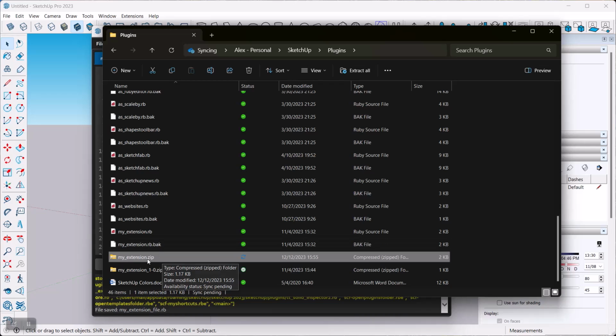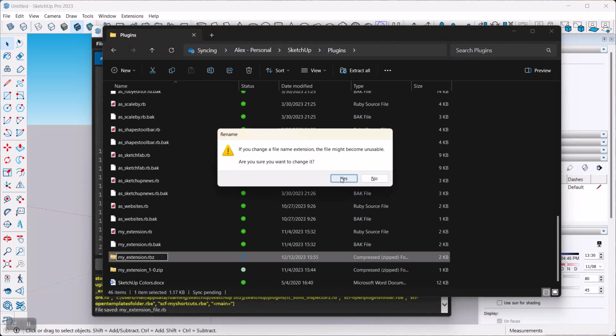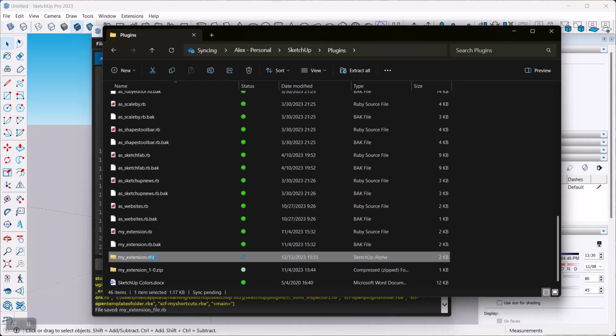Now, the zip ending here, while it is actually being recognized, isn't the default way to distribute a SketchUp extension. So now what we're going to do is we're going to rename this thing, and we're going to actually change the ending. And this is something where you may need to adjust your view settings in your file viewer here, so that you can actually see these endings. But basically what we're doing is I'm just editing zip to RBZ. I'm going to hit enter. And yes, because we're getting a little hackish around here. And now you get yourself an RBZ file